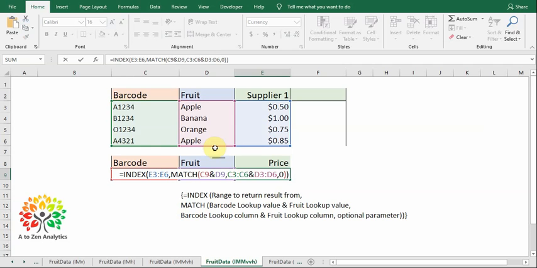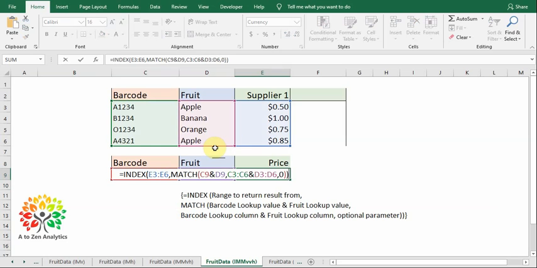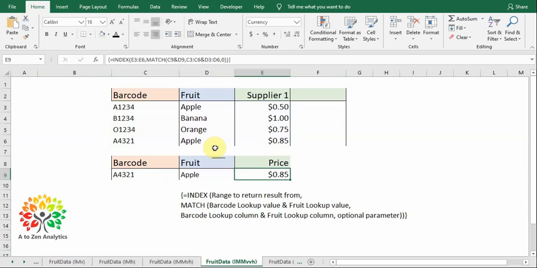One point to note if you look at the syntax is that the formula is enclosed in curly brackets. This means that it's an array formula. If you press enter after entering the formula, you will get a value error. This is because we haven't added the array brackets. To add the array brackets, we will need to hold Ctrl-Shift as we press enter. If you look at the formula bar now, you can see that curly brackets exist and the result shows us